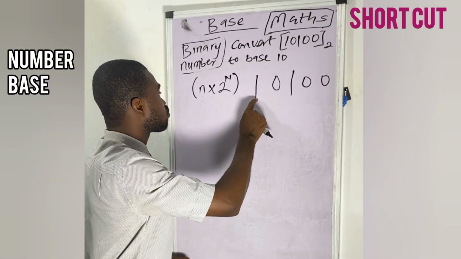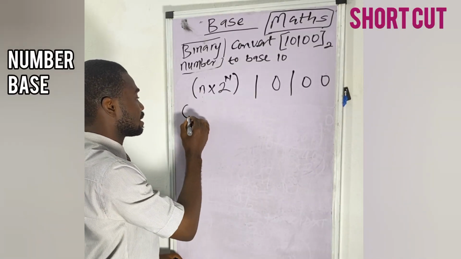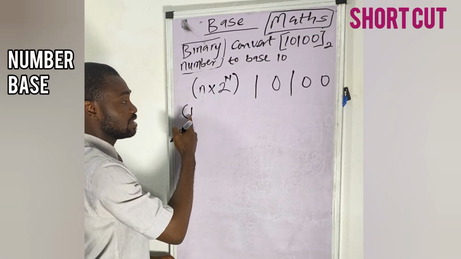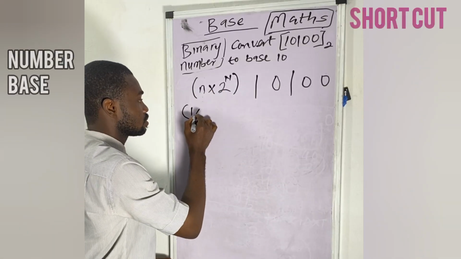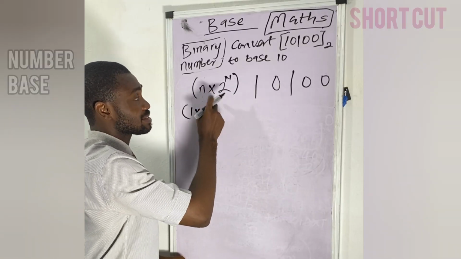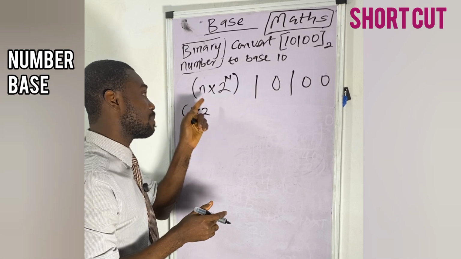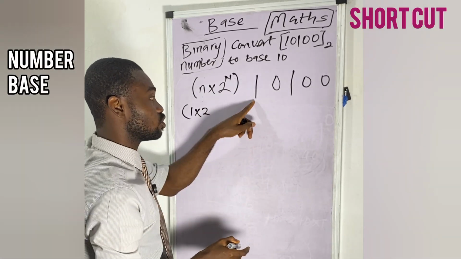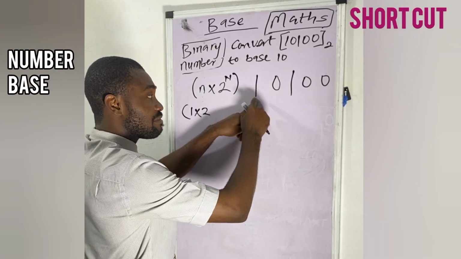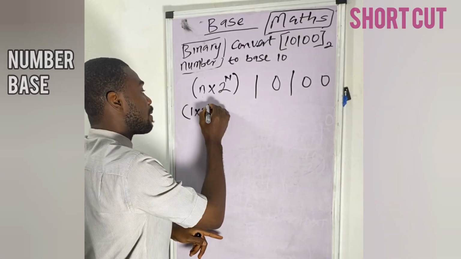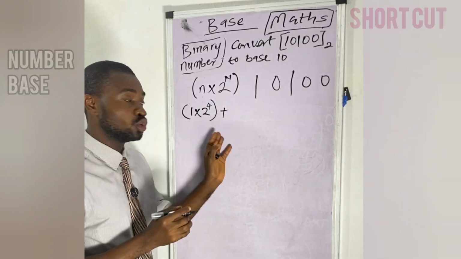So the first one here is 1. We open our brackets: 1, according to the formula, 1 times 2 raised to the power of the number of digits after the number. How many numbers do we have after 1? Remember, we just pick one. 1, 2, 3, 4. Raised to the power of 4, bracket close, plus, we do the next one again,